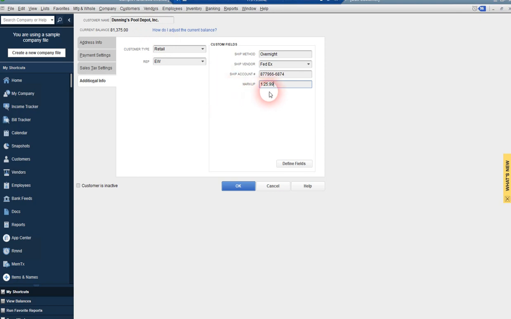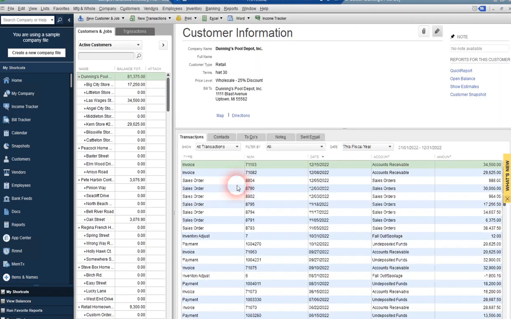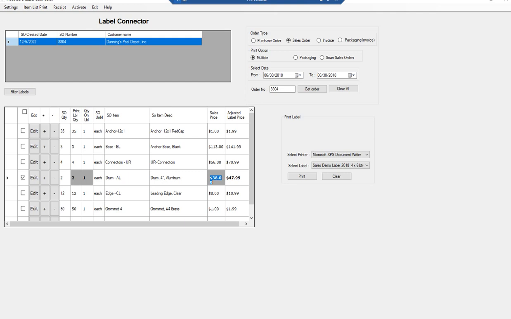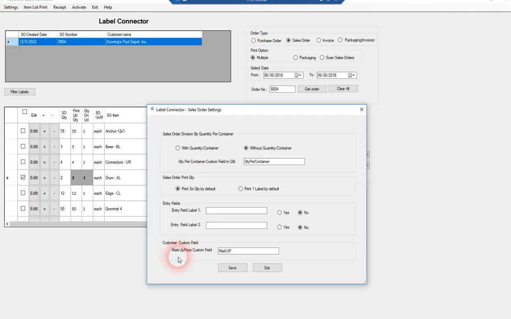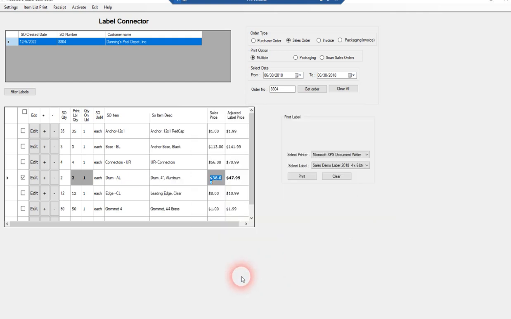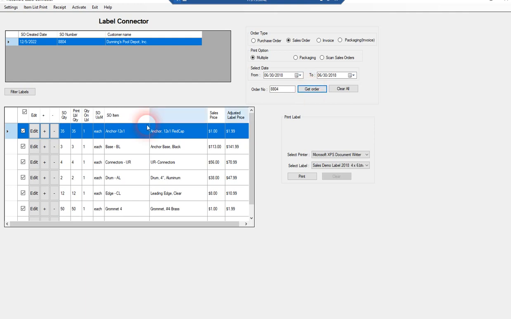a customer custom field. Just add that, and then in Label Connector, what we did was we set up under sales order settings. We said, hey, for the markup field, use this value from the customer custom fields. So you could name that anything you want in the customer custom fields, as long as you show that here. So again, what this allows is, you can search on the sales order that was in QuickBooks. You can now